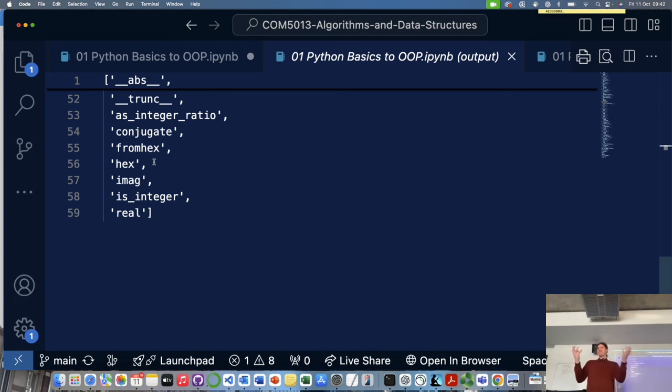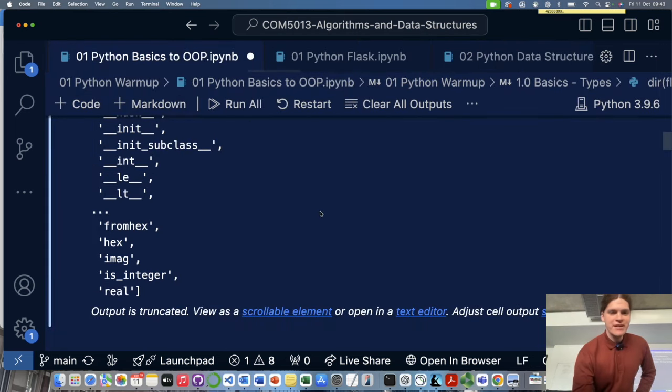Because if you add 2 numbers together, it's very different from concatenating 2 strings, isn't it? You have to overload the operator. So in something like C++, you'd probably do that manually. You'd specify what the overload is, but Python behind the scenes manages that for us, okay? So that's useful. So my point is that